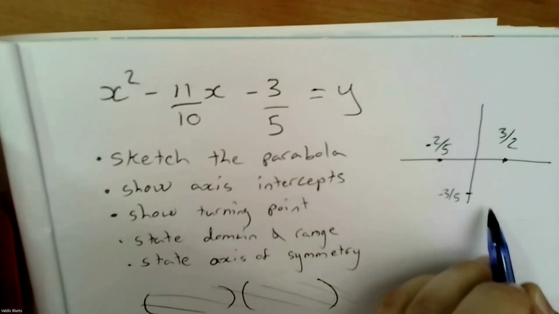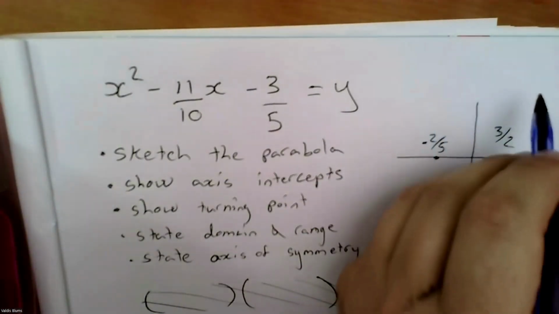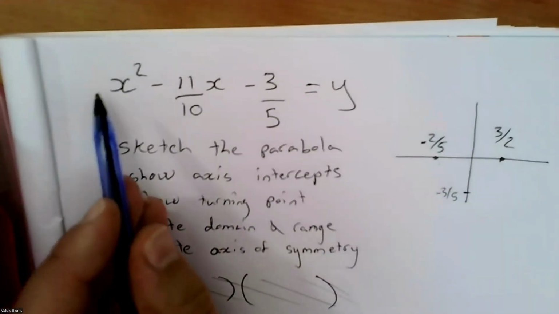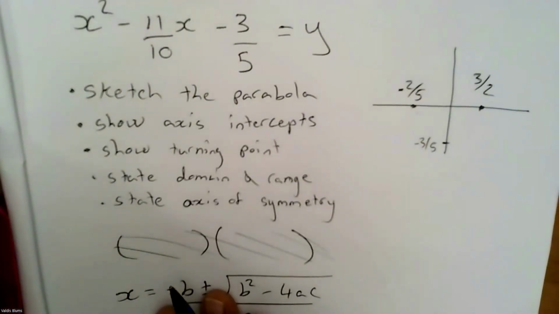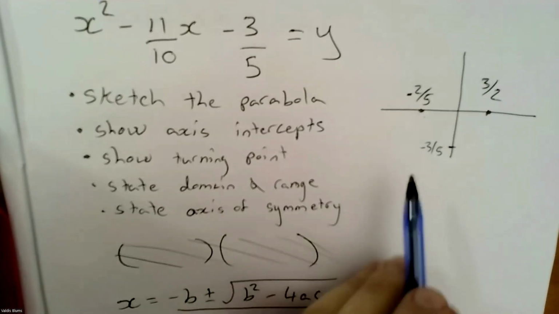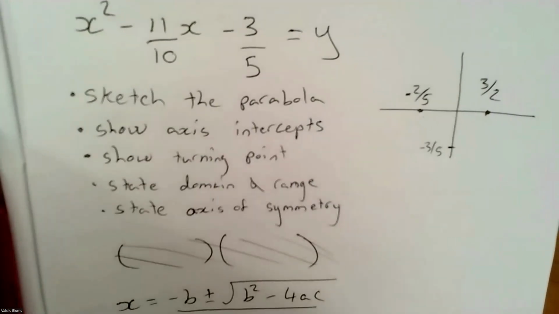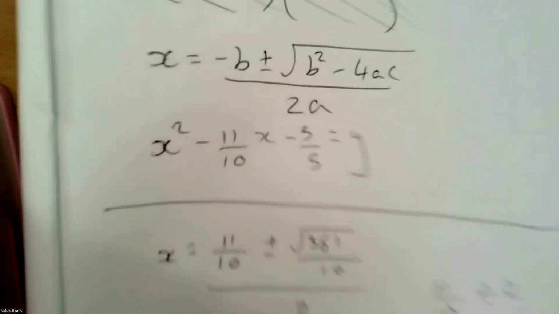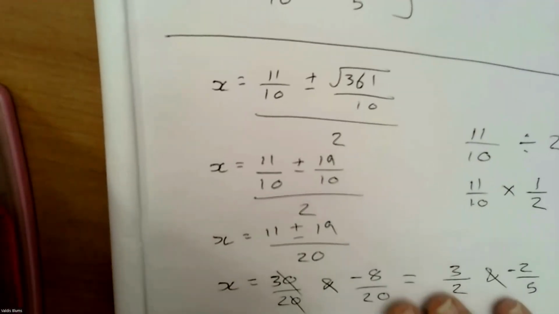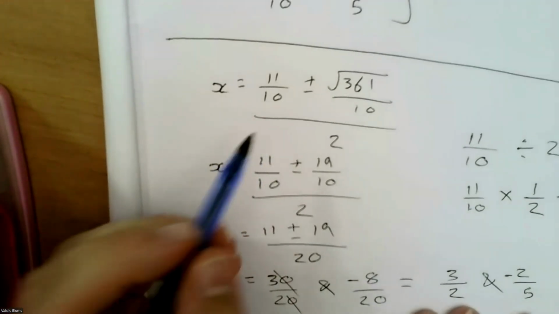That means the turning point's down here somewhere as well, which makes sense because the graph is going to have this structure because you have a positive a value, so everything still looks right. Next, we want to find our turning point. So instead of putting this into the turning point formula, because we already have our axis of symmetry based off of this quadratic formula, where our axis of symmetry is